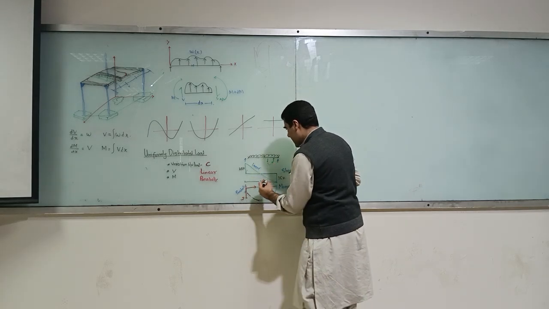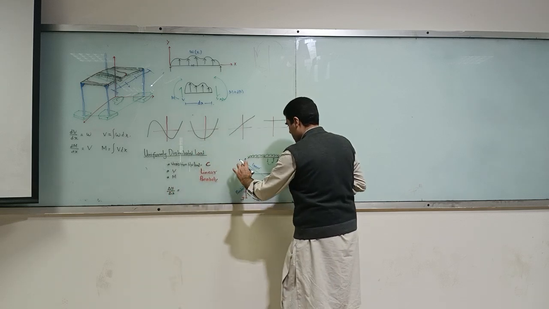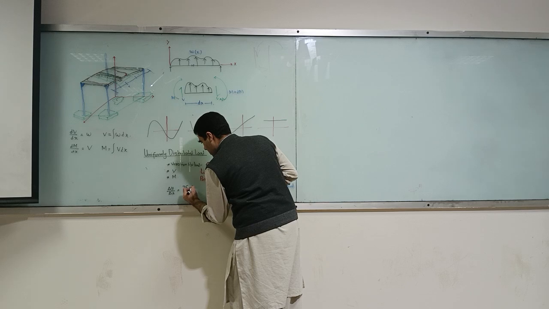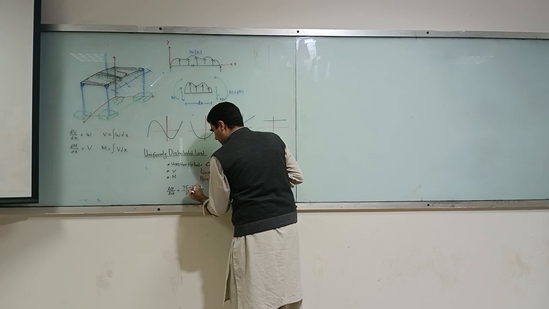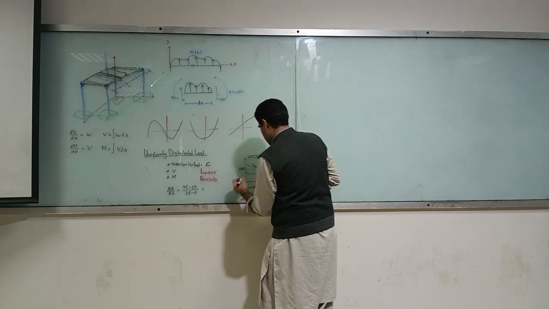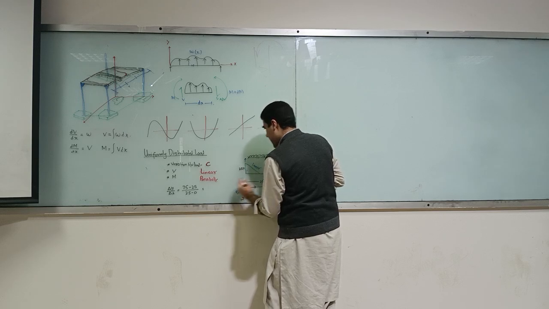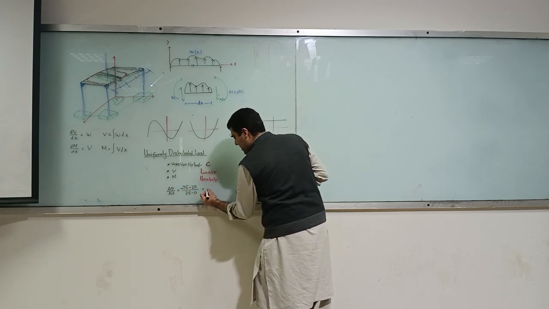I can say that delta y by delta x is equal to, so minus 75 minus 25 divided by 25. This is minus 4